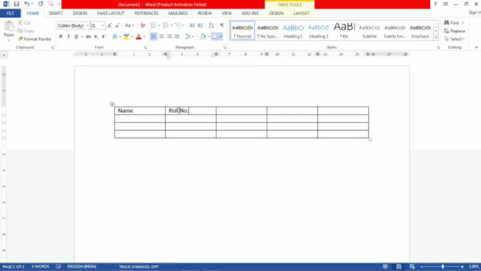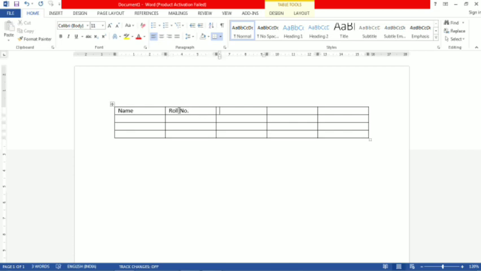Now if you have to move the cursor to the right side, I have written here name in the first column and roll number in the second column. By just clicking anywhere on a cell you can type anything. But if you have to move just to the adjacent column or adjacent row, then what to do? Press the Tab key.